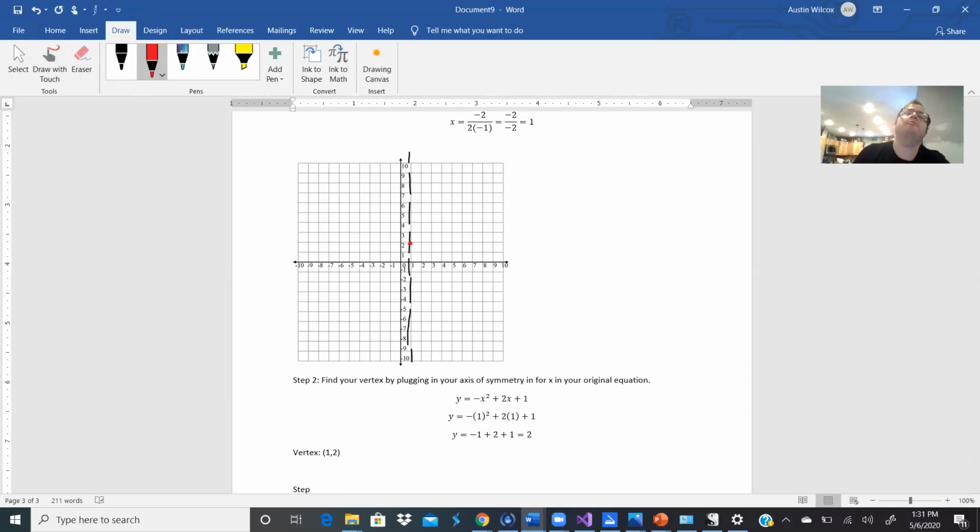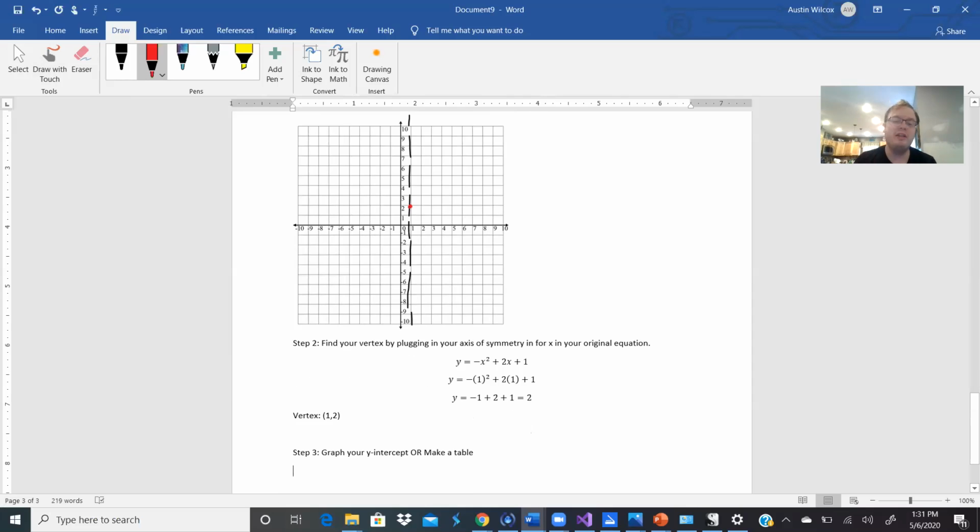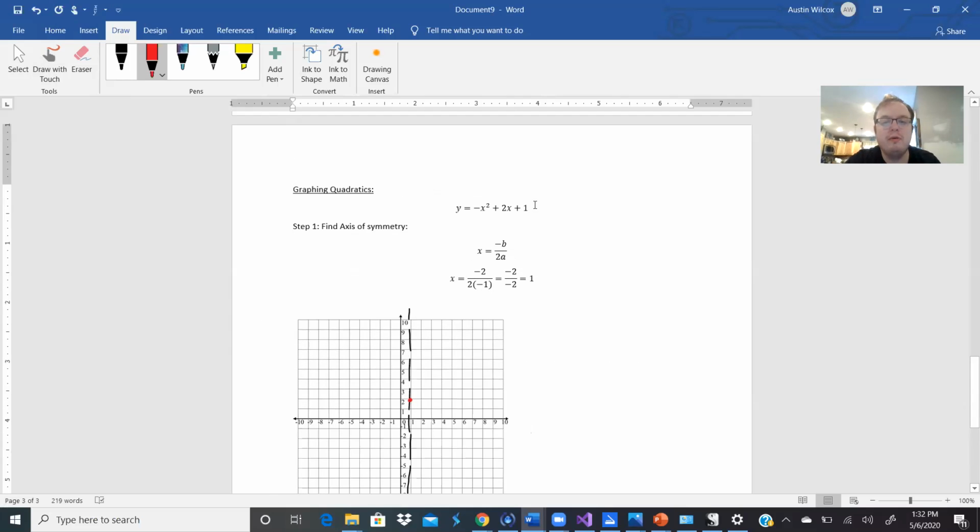At this point, step 3, I would advise doing one of 2 things. In this example, I think it would be really easy to either graph your y-intercept or make a table. And really what that is, just make a table and plug in different values and see what you get out to see what the graph looks like. But I'm actually going to do the easier one of the 2, and I'll tell you in a little bit how you know if it's easy to do the y-intercept piece. Okay, so y-intercept here